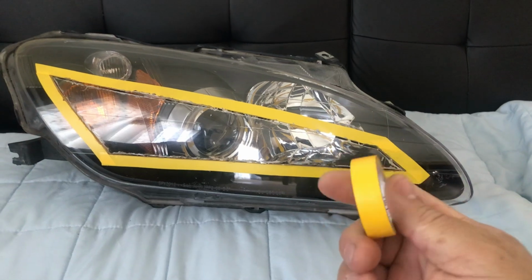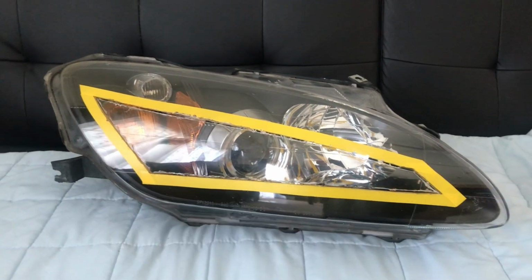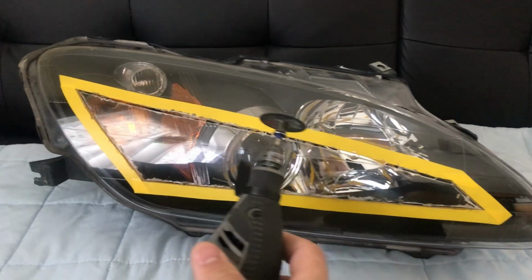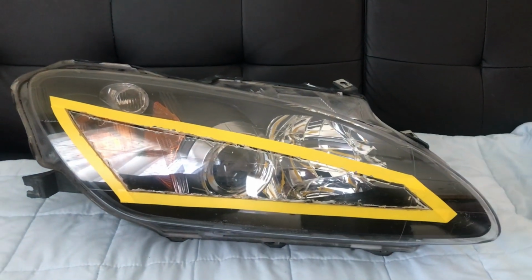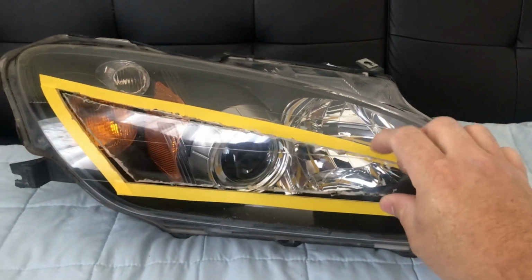Once you're done using the tape where you want to cut, you're going to use the cutting blade on the Dremel. Slowly work your way up, downwards. You don't want to use the big grinder to do this type of work. Once you're finished with that,